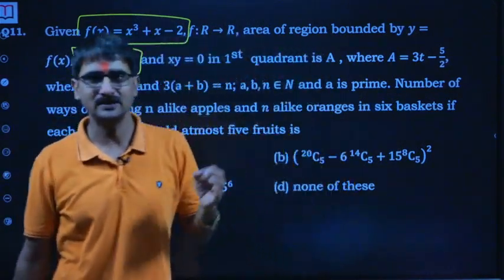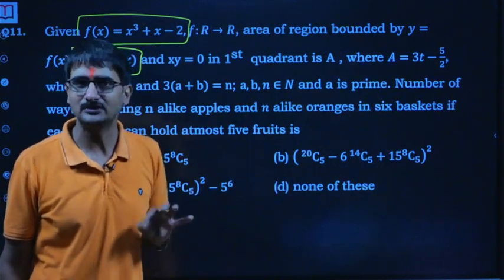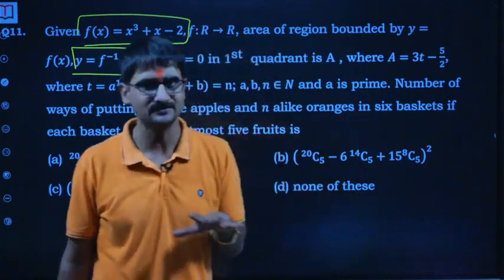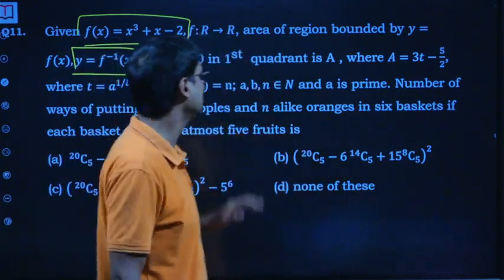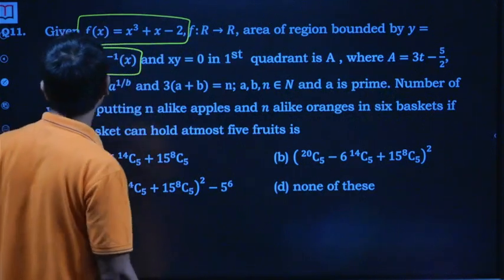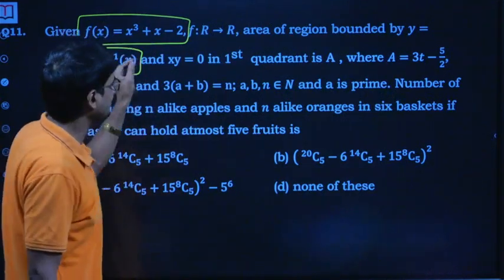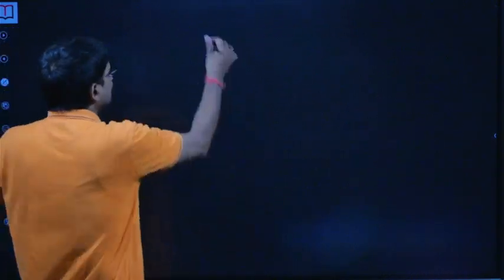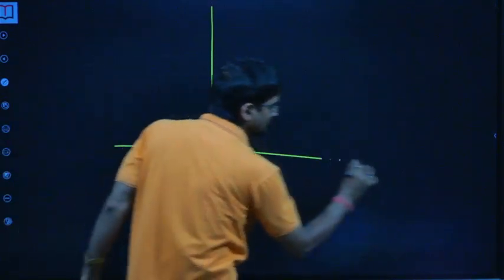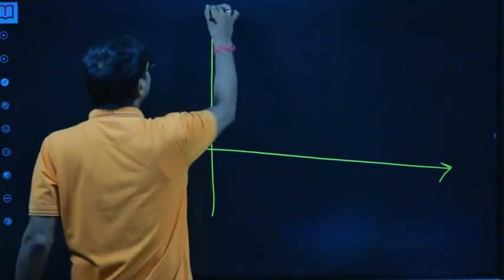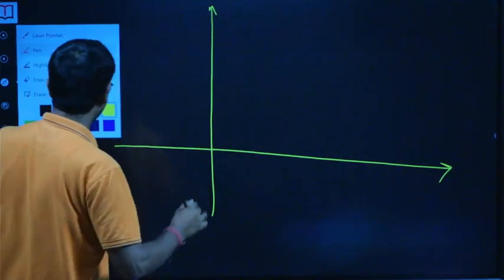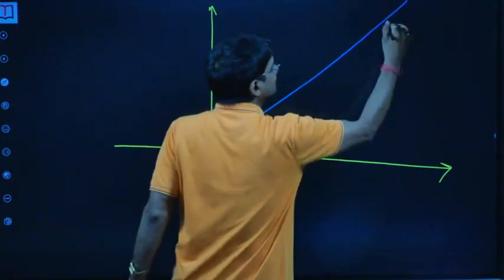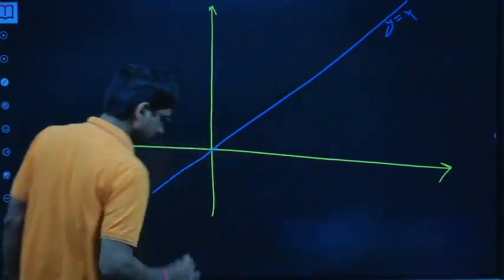You can find an inverse as long as you have a polynomial of degree 2. More than that, it's highly unlikely we can easily find it; there's no standard method to find the inverse in that case. So the area of the region bounded by y equal to f(x), f inverse x, and xy equal to 0 in the first quadrant is, okay. How did I try it? I've already solved this question because I got it as a doubt a few days back. See how I approached.